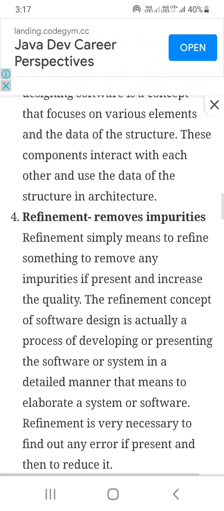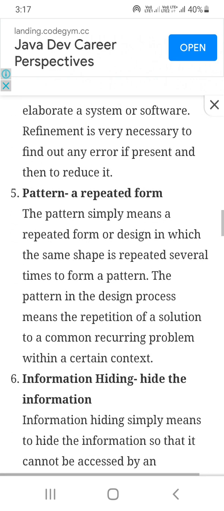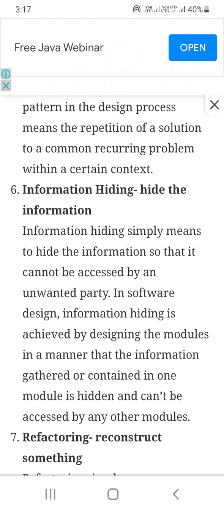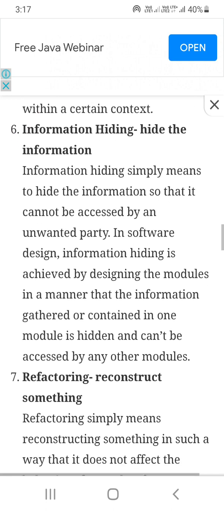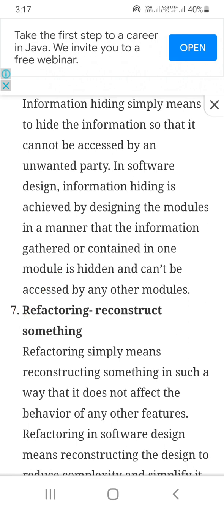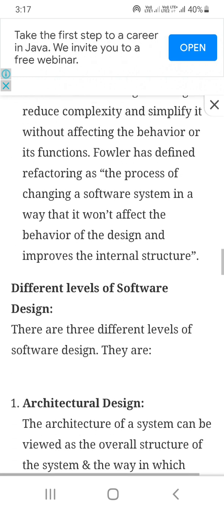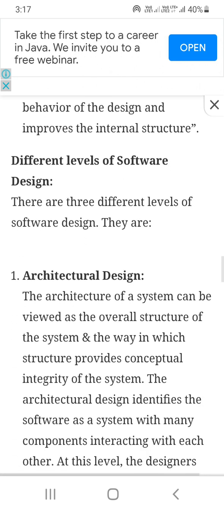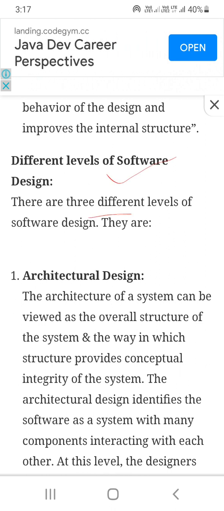Now refinement removes impurities, patterns are repeated, and then there is information hiding. Then you have refactoring, which reconstructs something at a different level of the software design. So there are three different levels of the software design. First one is